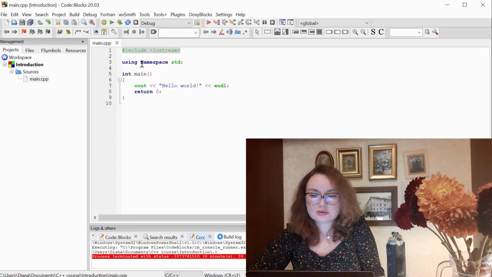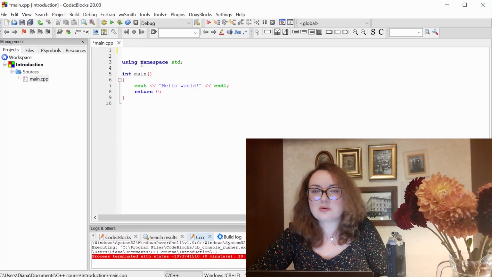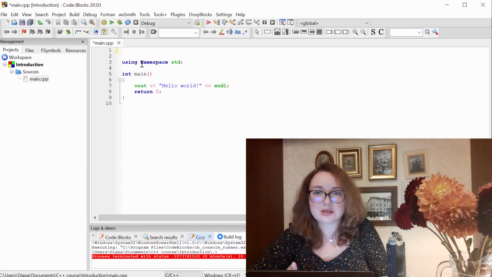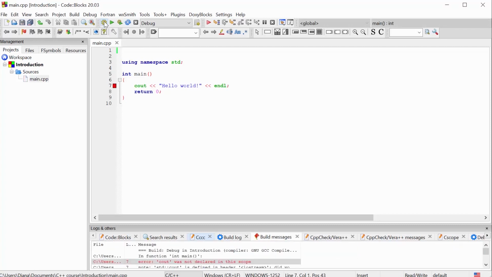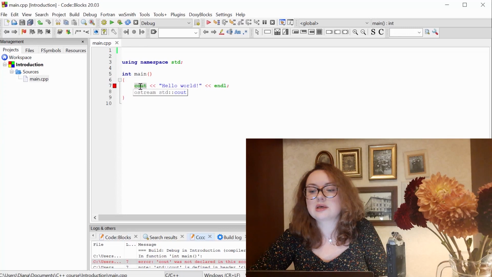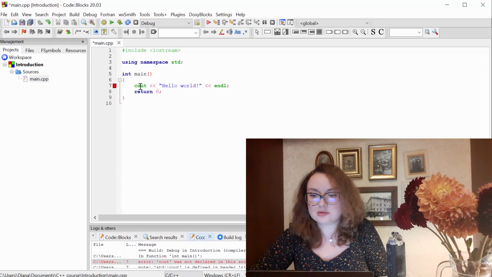If I don't include this library, my program doesn't know how to create input and output streams, how to write to the console. So if I try to build our program without the library, you can see we get an error. Our program doesn't know what cout is because it's actually declared in the iostream library. So let's return our iostream library and move to the next line of our code, using namespace std.